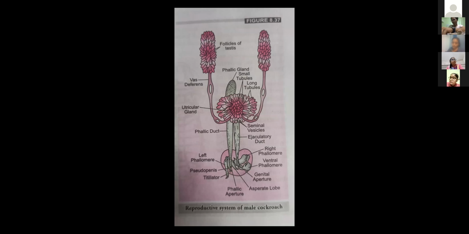Okay, first male reproductive system. So as you know, the primary sex organ in male is the testes. Okay, so first testes. Testes location, number of segments: 4th, 5th and 6th abdominal. एब्डोमेन के जो 10 सेगमेंट्स हैं ना, उसमें 4th, 5th, 6th एब्डोमिनल सेगमेंट्स. In that, on sides, literally on sides, not at central, dorsal, ventral, but laterally on sides.